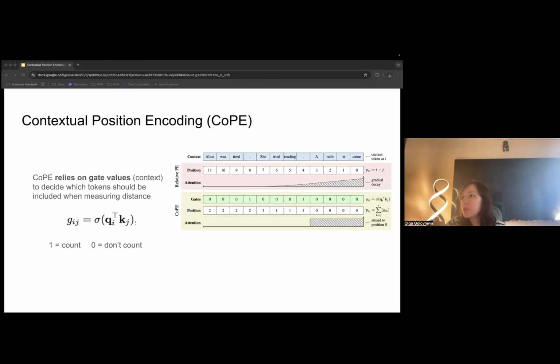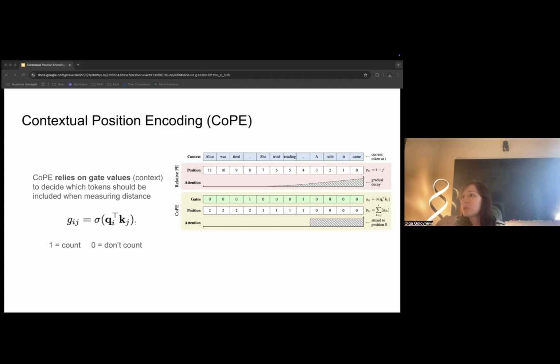To do that, we compute a gate value for each query and key pair, which is part of the regular attention calculation, actually. But then we apply a sigmoid function on these values. A sigmoid function outputs values between 0 and 1. Here, the gate value of 1 means that the key will be counted in the position measurement for the given query, while 0 means it will be ignored.